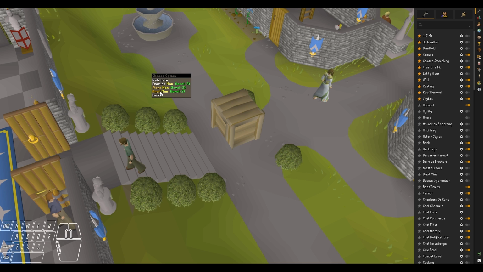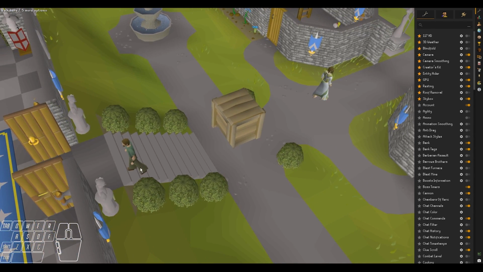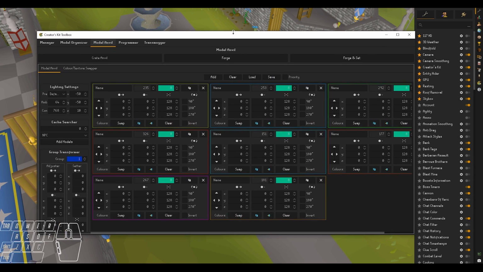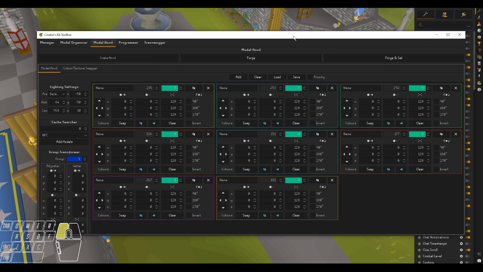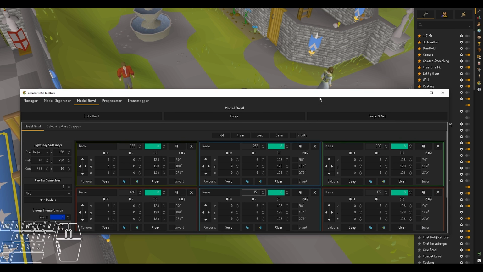So I mentioned before that a lot of NPCs and players are composed of a number of different models. You have a head, a chin, a torso, legs, and so on. What the Anvil option does is it takes that man and breaks him down into his different models. So you can see this man is composed of 8 different models: Model ID 235, 253, 292, 177, and so on. And if I were just to forge and set just as is, what you would notice,